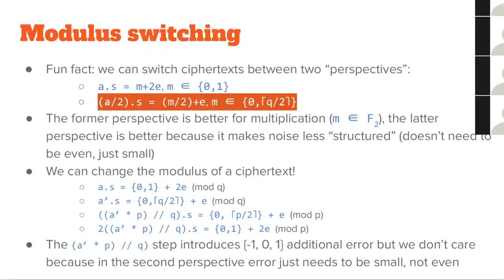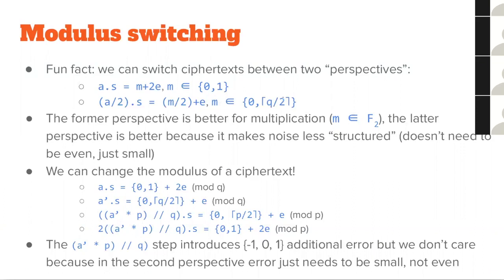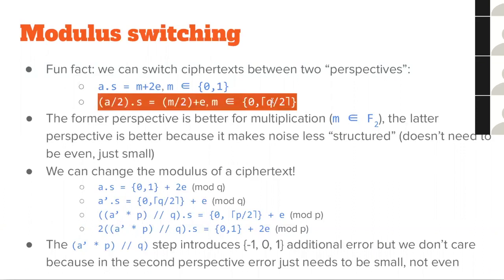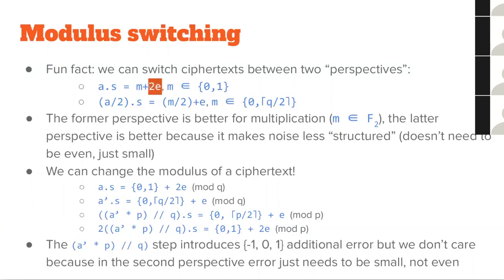But in this perspective, the message is at the top, and so everything interferes with it. So in this perspective, you can't multiply. But this perspective has a key advantage, which is that it makes the noise less structured, right? So here, the noise has to be even. Here, the message just becomes small. And so by cleverly switching between these perspectives, you can, without having the secret key, change the modulus of a